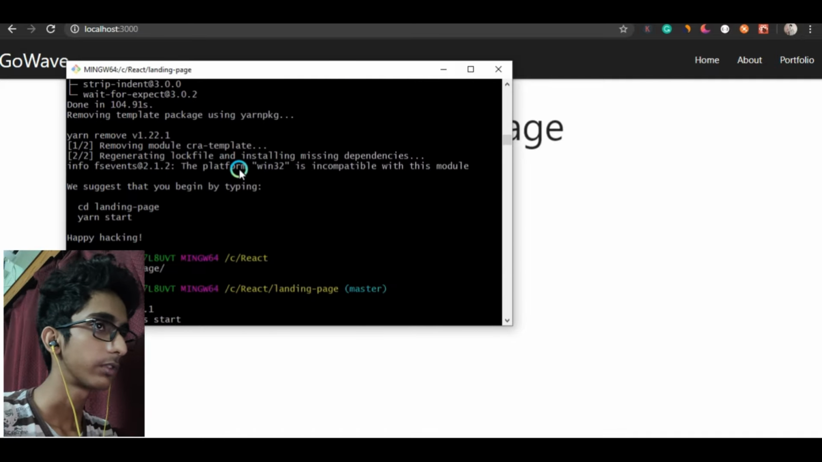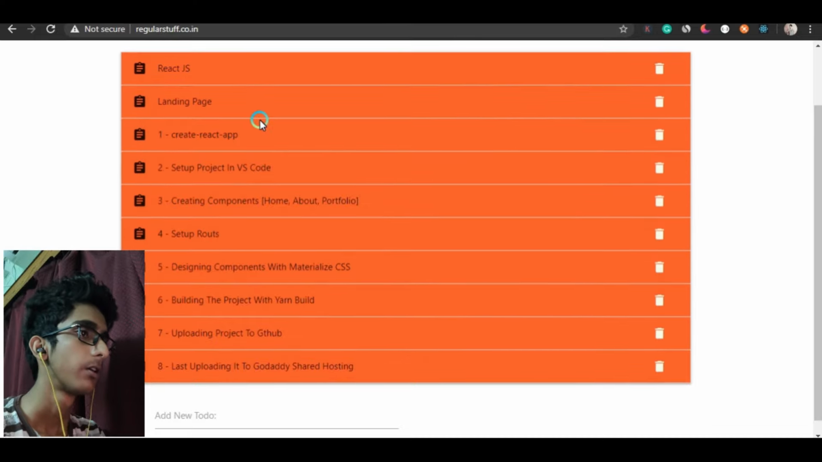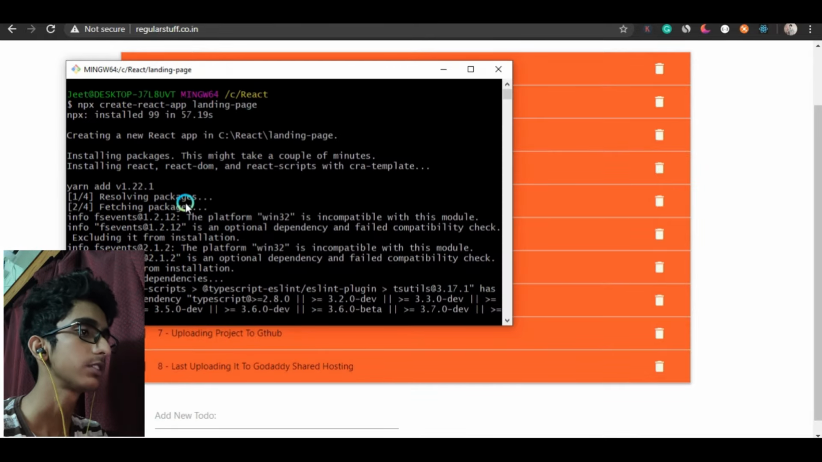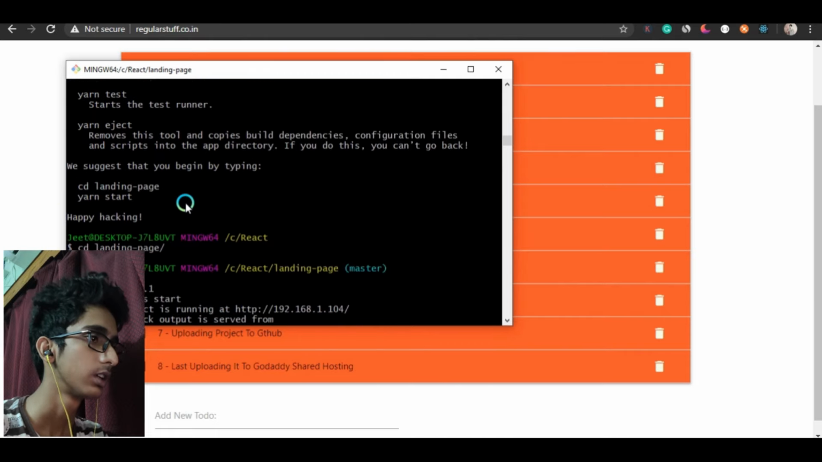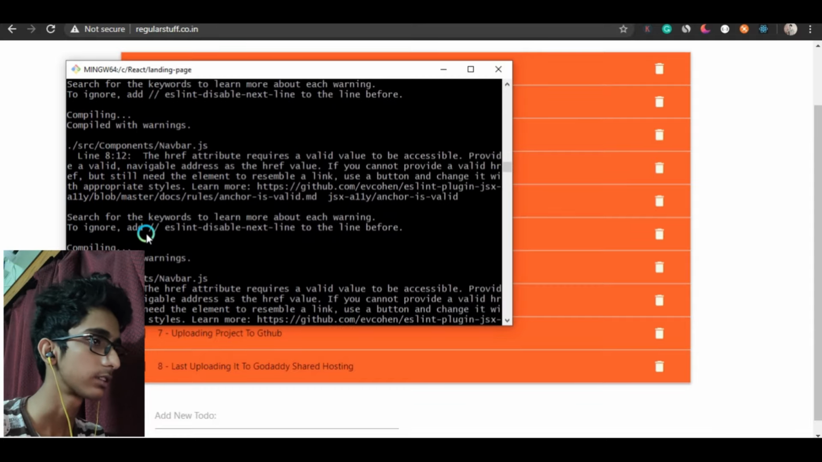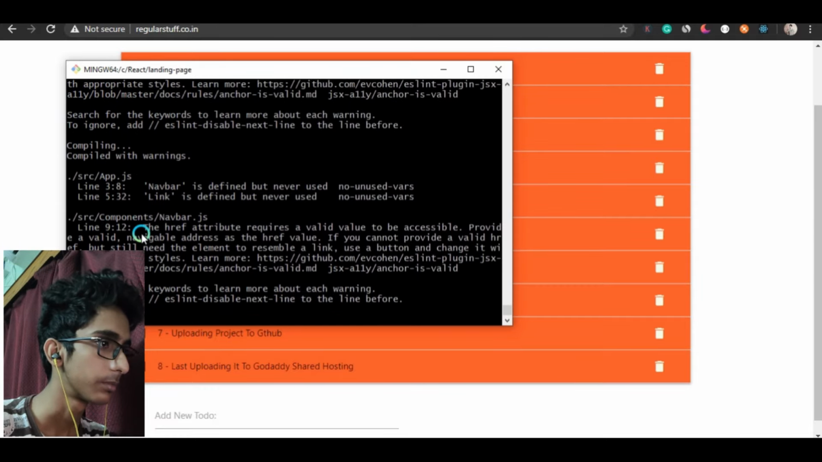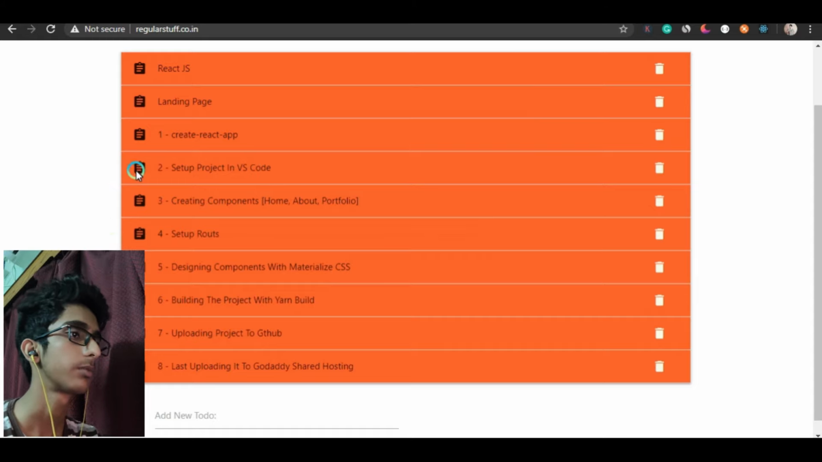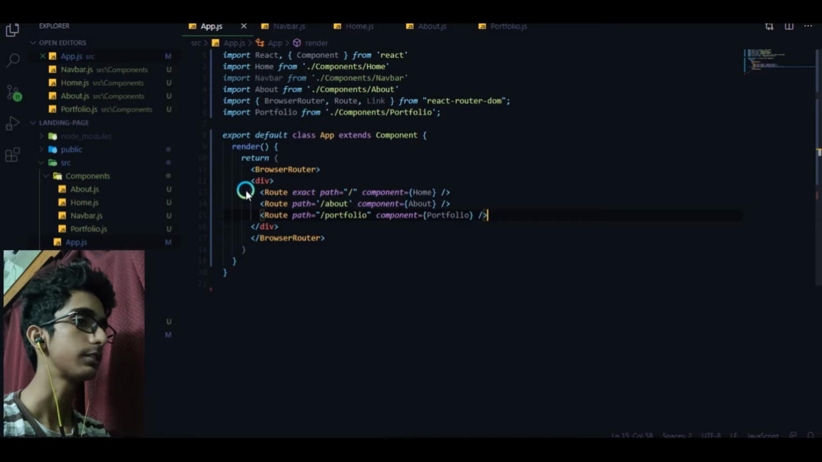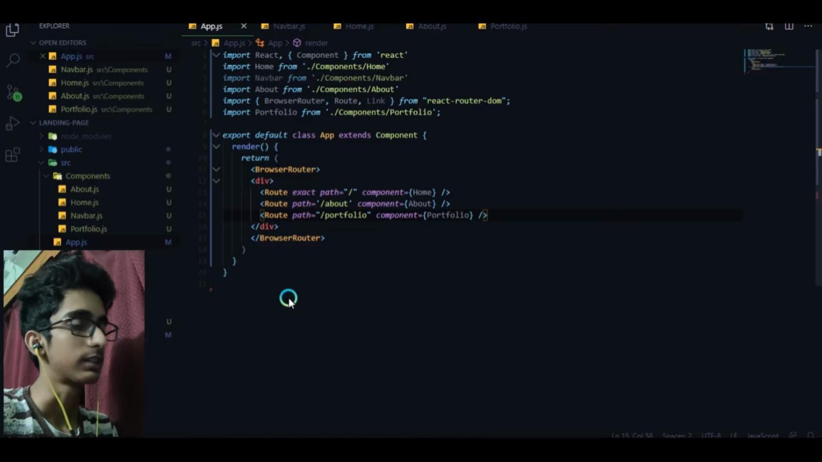So yeah, first let's see our to-do application. We started the application with create React app, and that's here: npx create-react-app landing-page. Once the installation process is done, we just change our folder and start our localhost with start. So after starting our localhost, we set up our project in VS Code. As you can see, this is the project. We deleted some unnecessary files before and kept the necessary files and created the files that were necessary for us. So yeah, we just set it up,